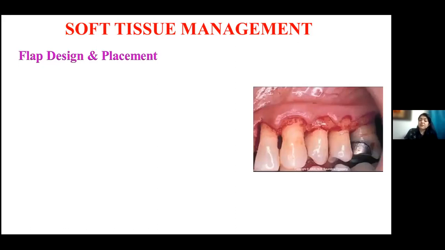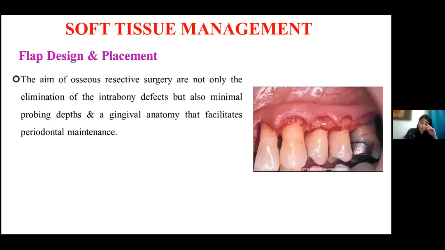So if it is a case of a defect and a question comes up, what is the best method? I have seen this question. The best method is surgical exploration. And if the question says non-invasive, then you have to mark any 3D analysis if it is given, CBCT or